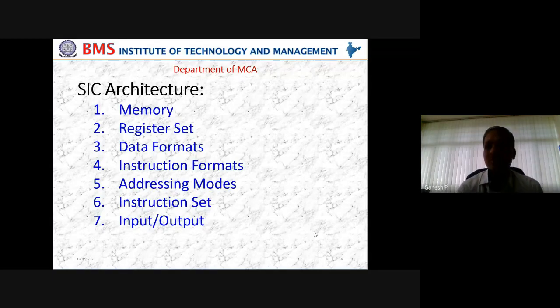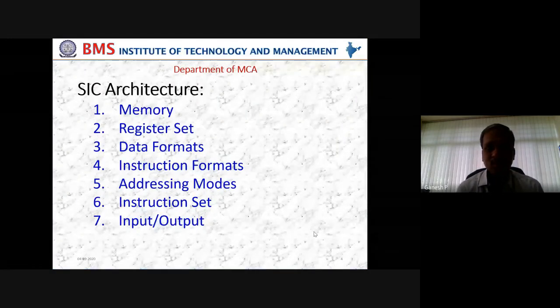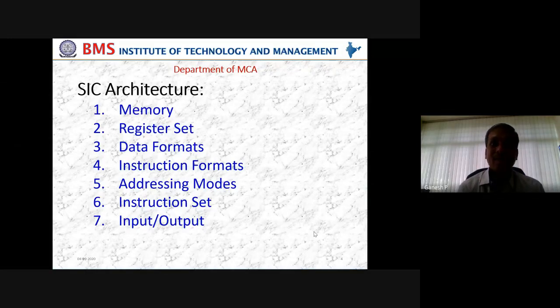Next, we have observed the instruction formats. Since SIC is a very simple and standard hypothetical computer, we need to clearly differentiate between SIC and SIC-XE. SIC is given with only 1 instruction format whose length is 1 word, which is 24 bits, wherein 8 bits are reserved for the opcode, 1 bit is reserved for the X bit, which may be 0 or 1 depending upon the type of addressing used, and 15 bits are reserved for the address. This is how the instruction format of SIC architecture has been designed.